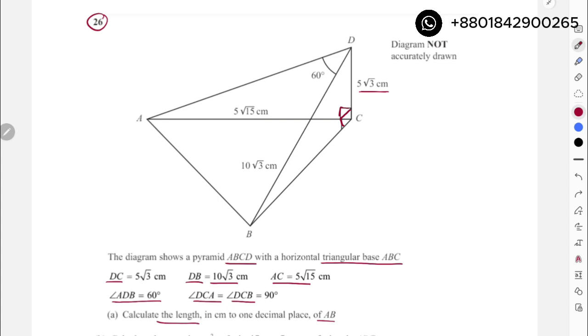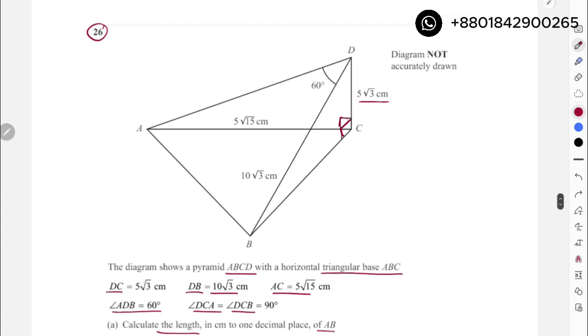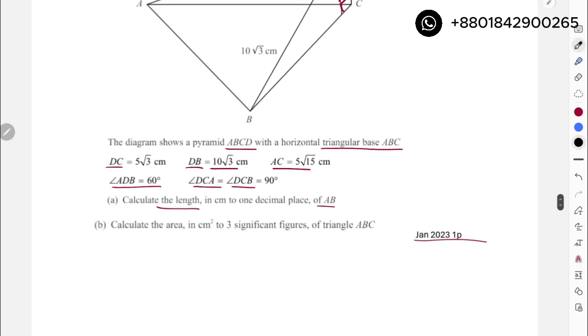Okay. I can first calculate AD using Pythagoras' theorem by focusing on triangle ACD, and after that, using that AD, the 60 degrees and DB, we can easily use the cosine formula to find the length of AB, right? So the first thing we are going to do here is focus on triangle ADC to find the length of AD. So we are going to start with,